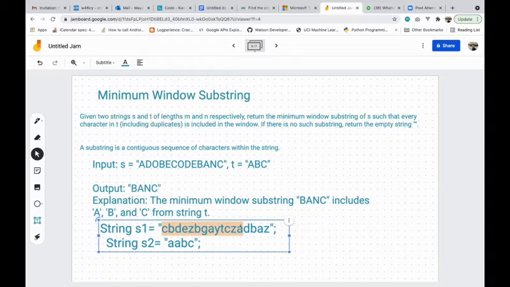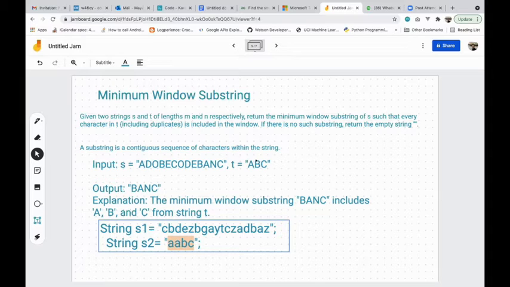To find all the characters from the substring, we can create a map of S, and iterate the T string into that map to identify which ones are already visited.